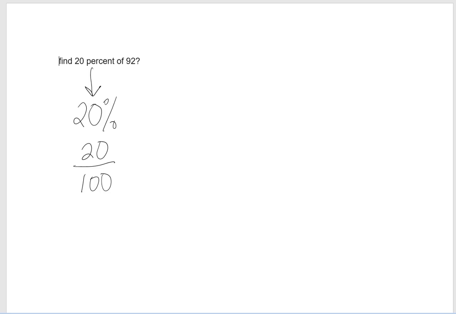But of course, that can be simplified. And you're always going to use your fraction in simplest form. So how do we simplify 20 over 100? They're both divisible by 20. So when I divide 20 by 20 in the numerator, I get 1. And when I divide 100 by 20 in the denominator, I get 5. So now we have 1/5